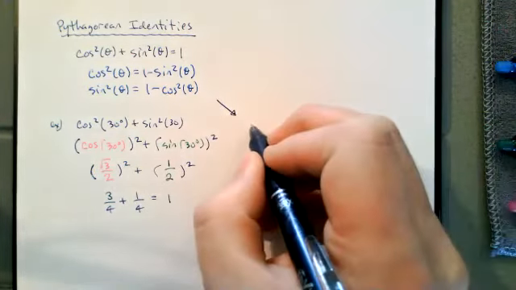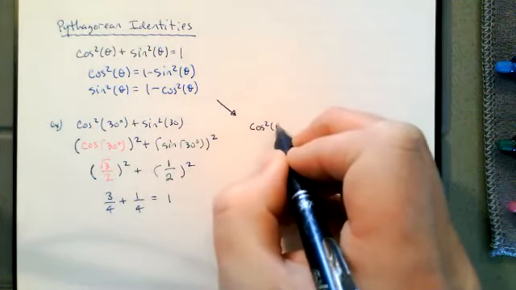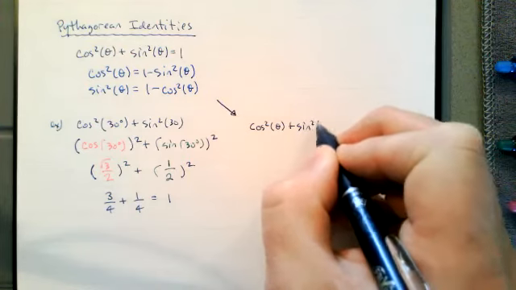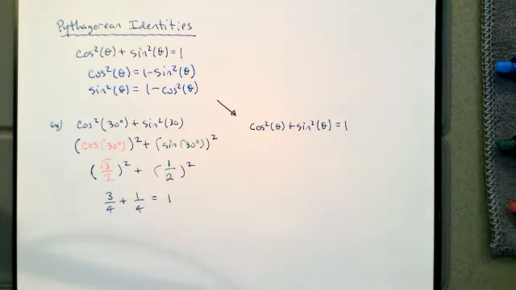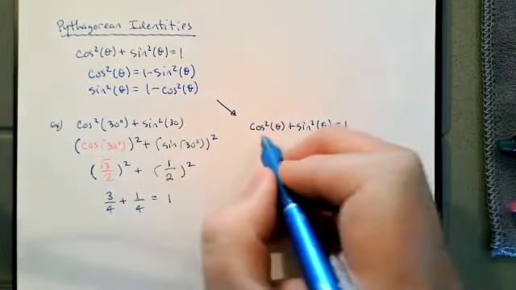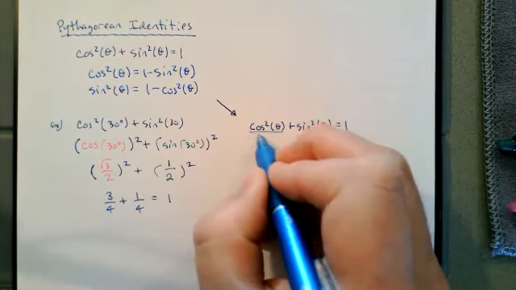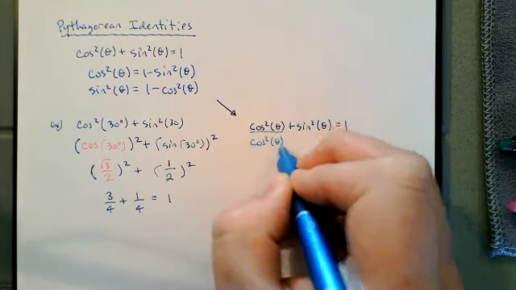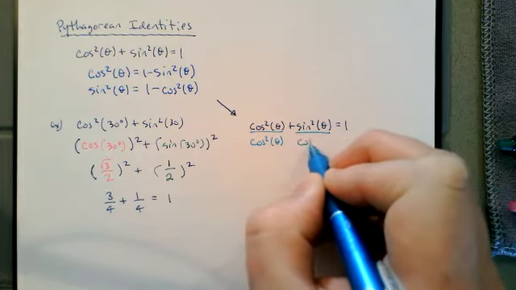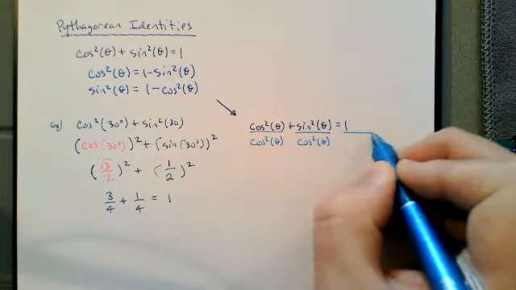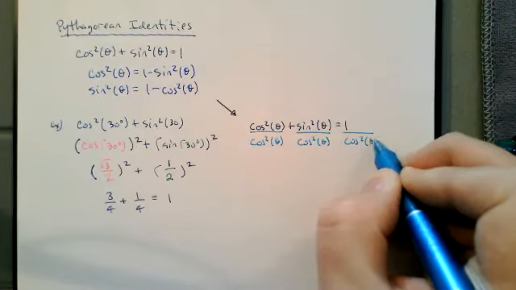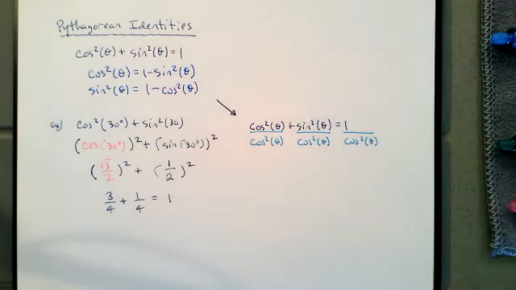If we start with cosine squared theta plus sine squared theta is equal to 1, and we take this equation and divide everything by cosine squared, if we divide every term in this equation by cosine squared theta,